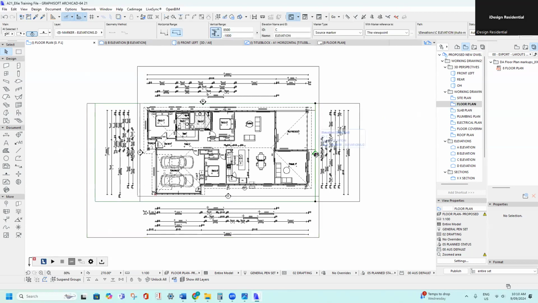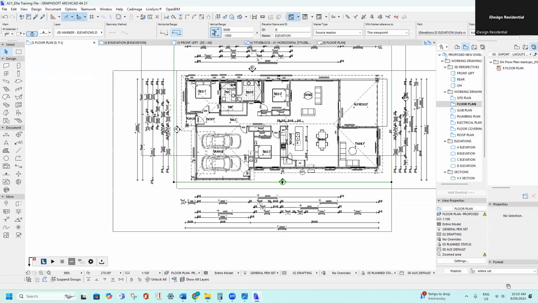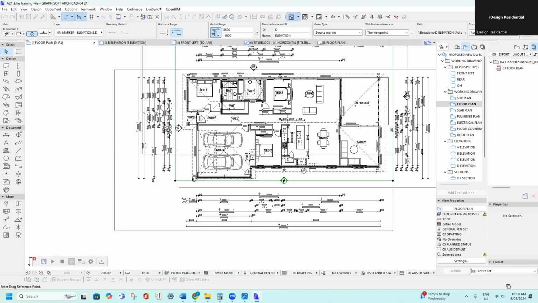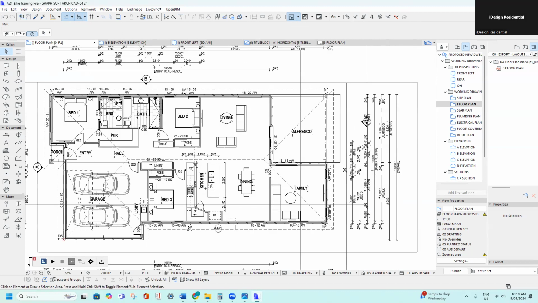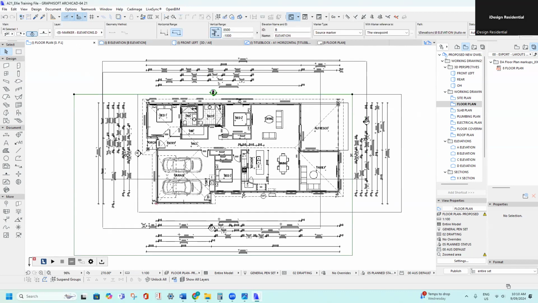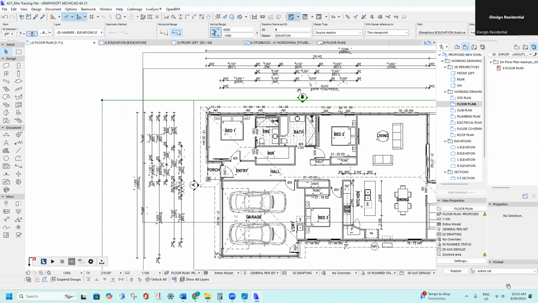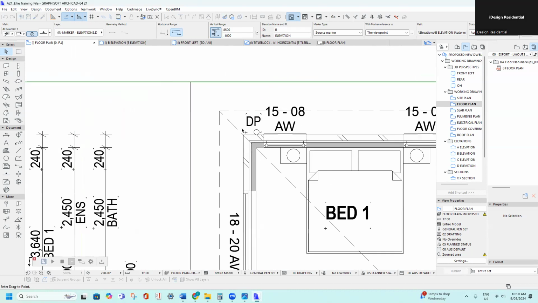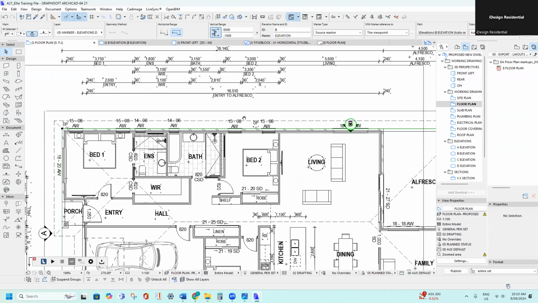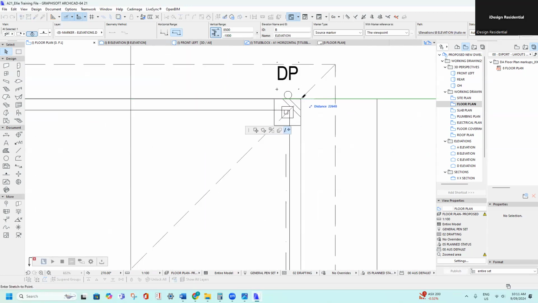They might not even be in the right spot, because I haven't gone that far, and that's what we need to fix up in the documentation stage. Now, if that's the case, you turn the layer on and you can see that they're in different spots. So what I like to do is I'll click on a marker, then I'll press Control D. I'll click on the black dot. I'll bring it down to the brickwork on the corner, and I'd click this side and use this option to stretch it, and I'd go to the edge of the building,